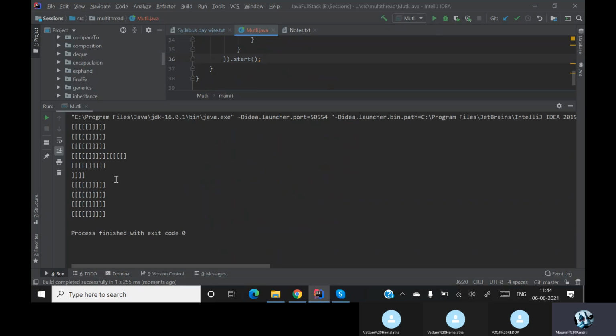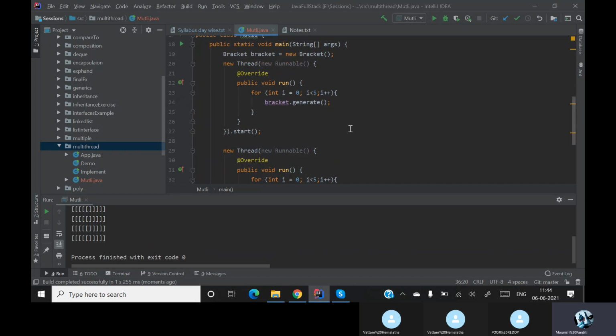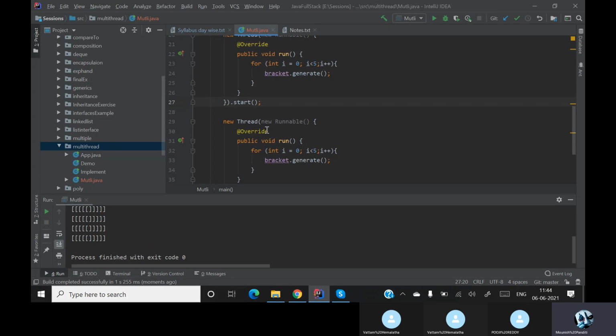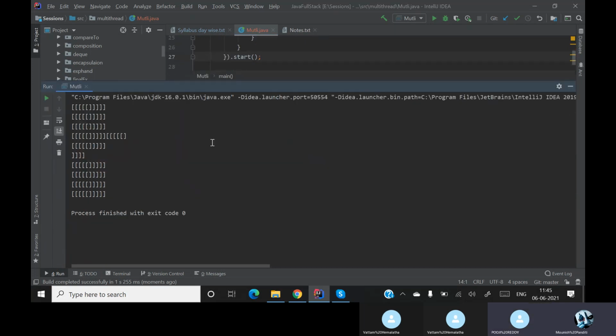Now if you see, there are two threads created, right? This is one thread and this is another thread, and these two threads are starting at a single time. That is called multi-threading, the ability to run two methods at a single time. The run methods are both running at a single time. When it is running, there is a problem.